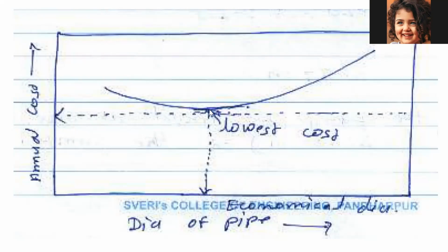At this lowest cost, you are going to get this diameter. You can say here the diameter may be from 1 to 100, in meter, centimeter or millimeter, whatever you decide. And on the same side, the annual cost of this pumping main may increase from 1 rupee to thousands of rupees, whatever. You can take such a midpoint where the cost is low as well as the diameter we are getting is sufficient.